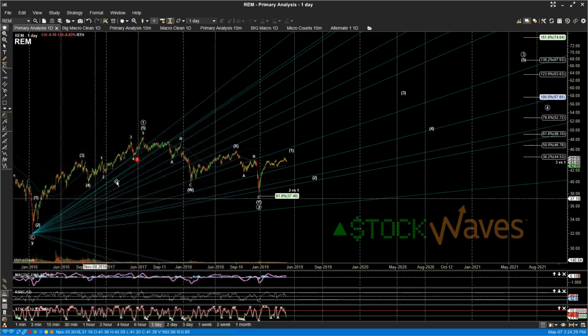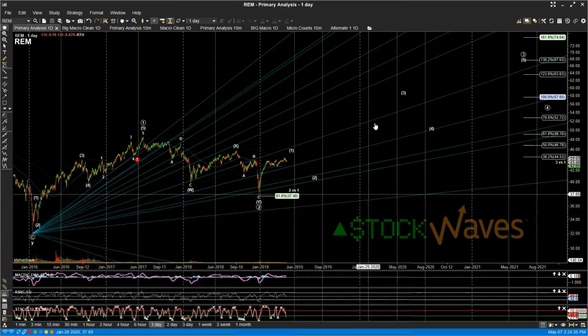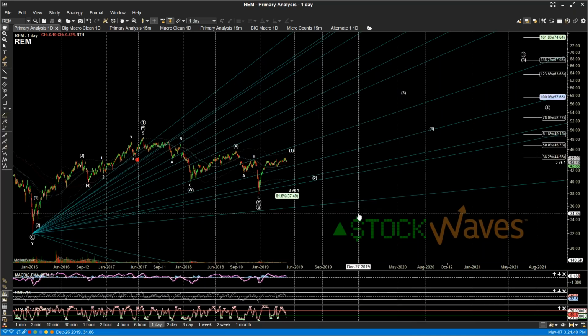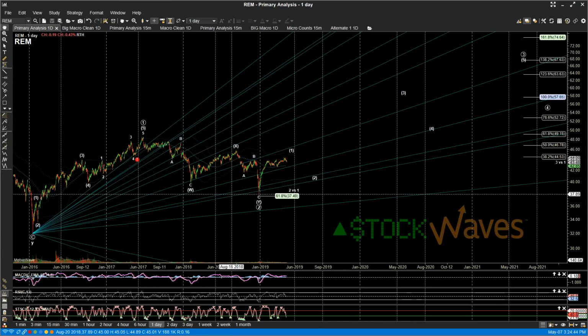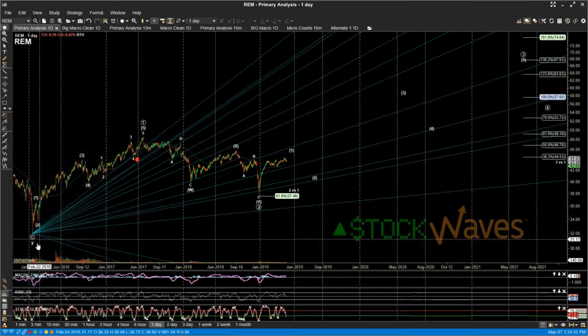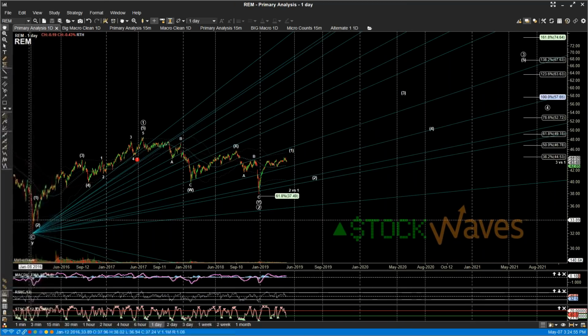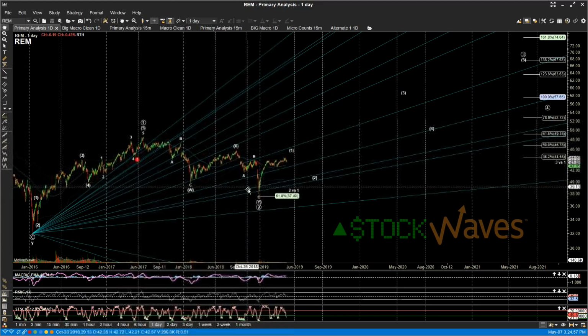But even if that's the case, and they do turn out to be more of just an oscillating thing between price extremes and price lows, we do have really good structure, and oscillators can certainly follow Elliott Wave structure within a smaller time frame, even if they don't ever follow through in a larger degree. So off of the 2016 lows here, we have a very clear 5 waves up,